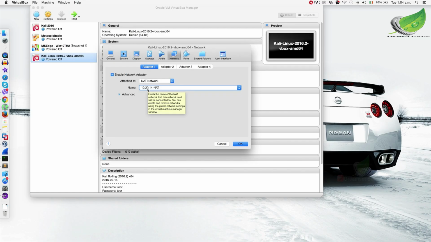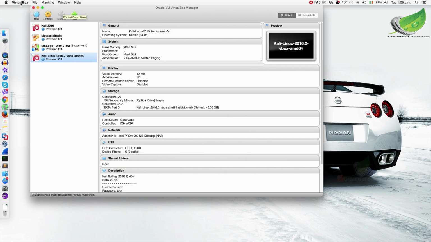But sometimes VirtualBox, for some reason, doesn't actually create this network automatically. So once you select a NAT network, you see in the name here that there is no networks and that you can't select anything. So if you had that issue, all you have to do is cancel this,